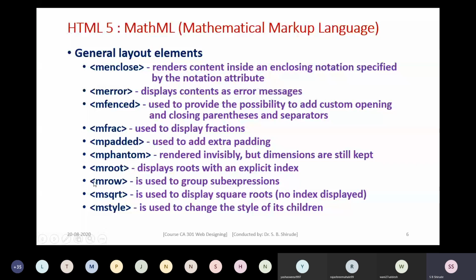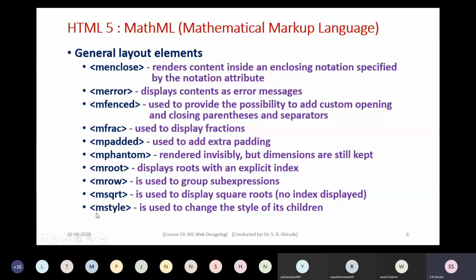Sub-expressions can be grouped by using mrow. Then we have another element, msqrt. Sqrt means square root. So msqrt is used to display square roots. It is just like mroot, but in mroot we can add an explicit index. In square root, you can simply display the square root, so under a square root something can be added. No index will be displayed here.